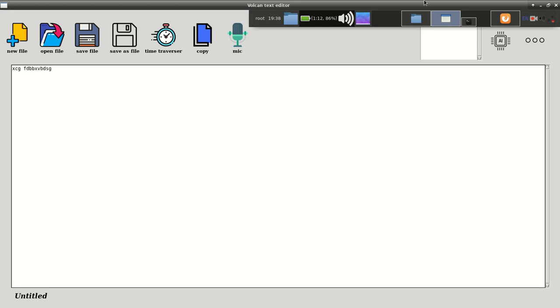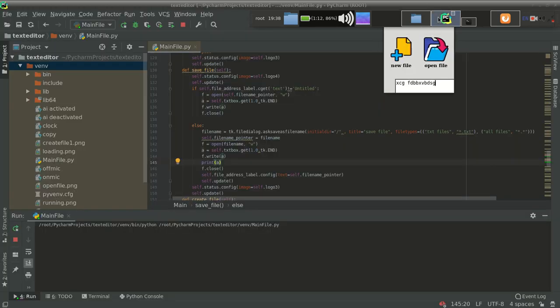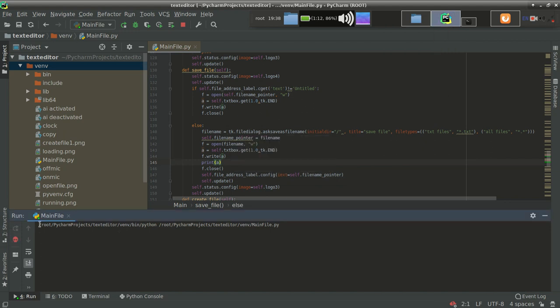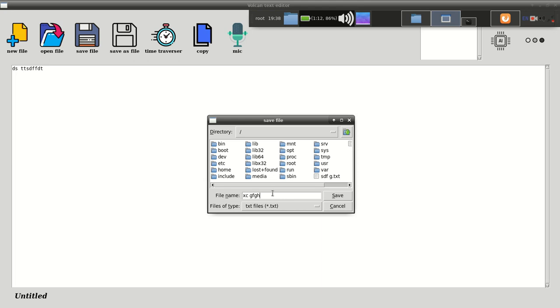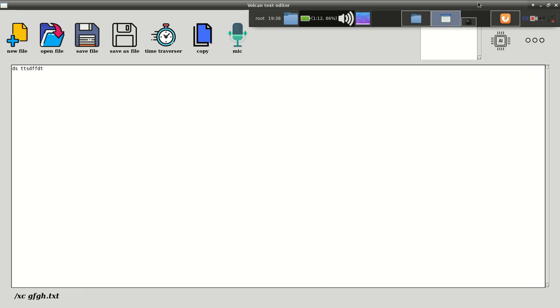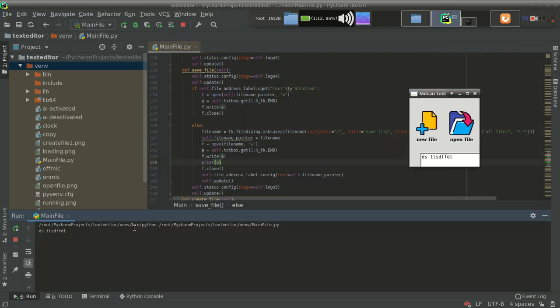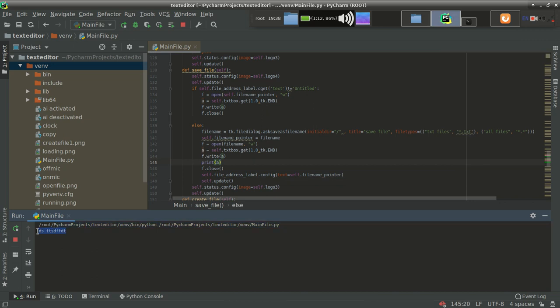This is the input, and when I click on save file and I type a random word and I just save it, let's see what I am getting. I am getting this one. So this is the text in the file.